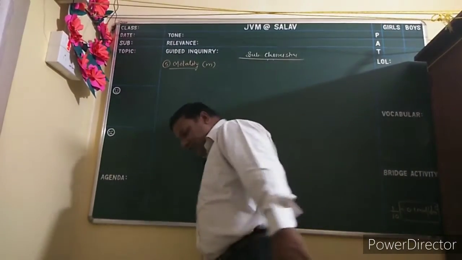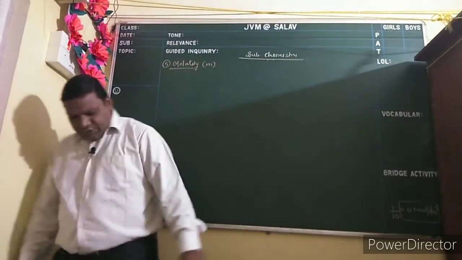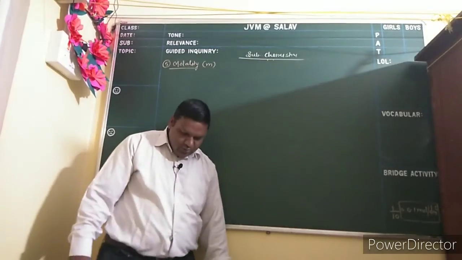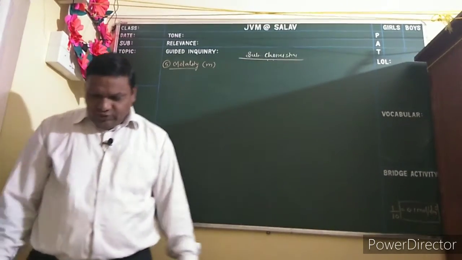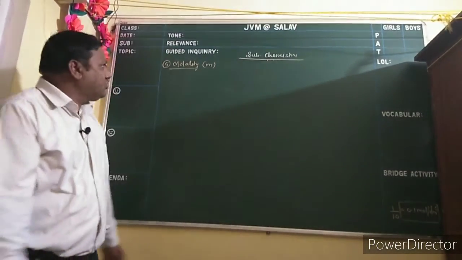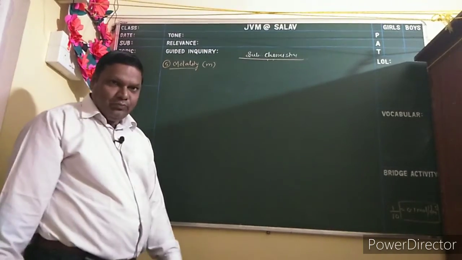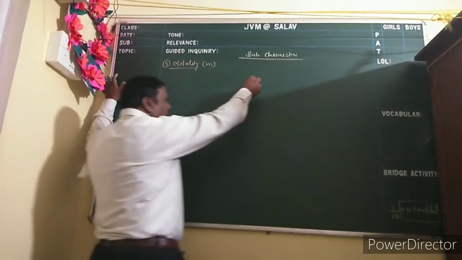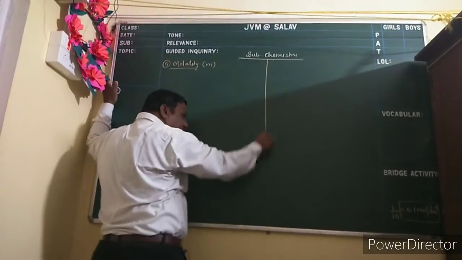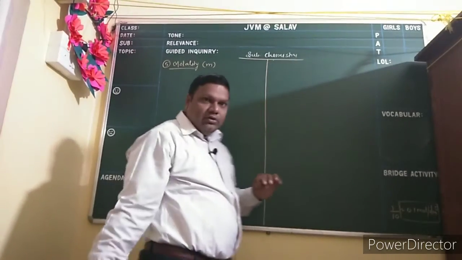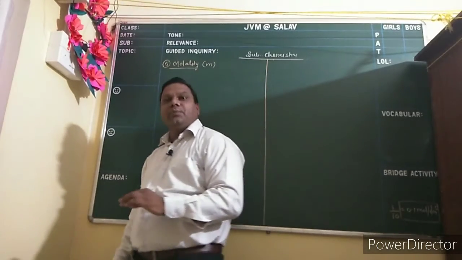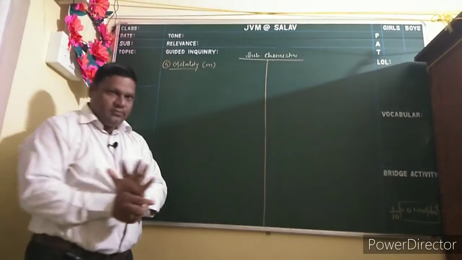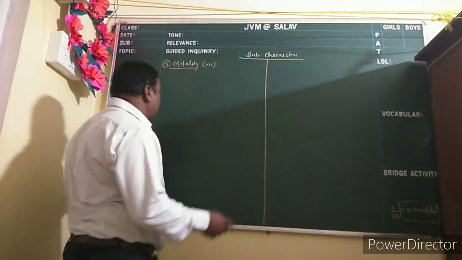Okay, so good morning students. Now in the previous lecture we discussed that molarity is a concentration term. Next concentration term is molality. It is represented by small m, and it is defined as, can anyone tell me the definition? It is defined as the number of moles of solute dissolved in per kg of solvent.